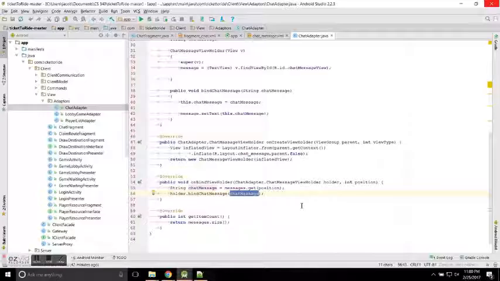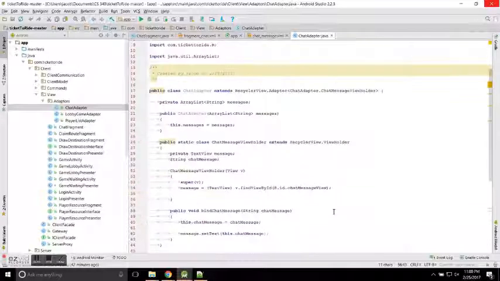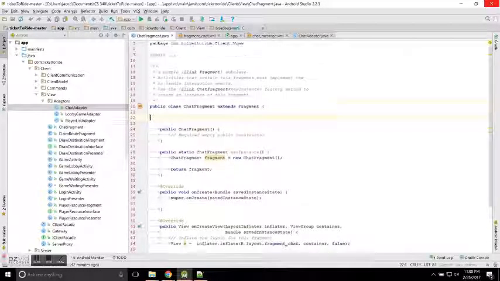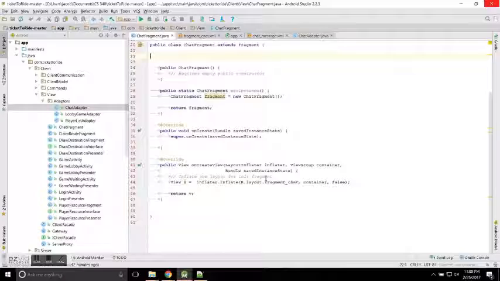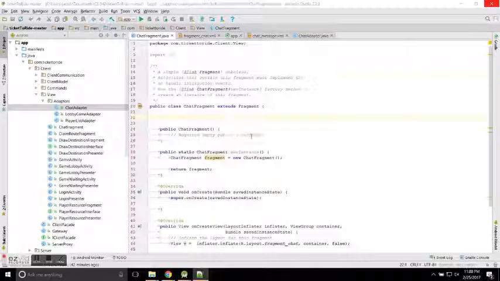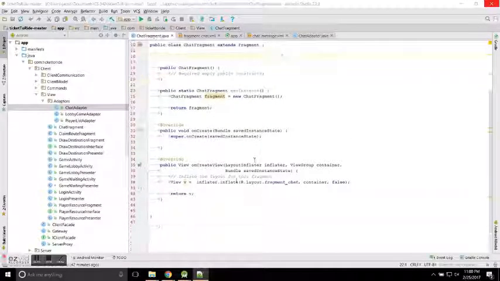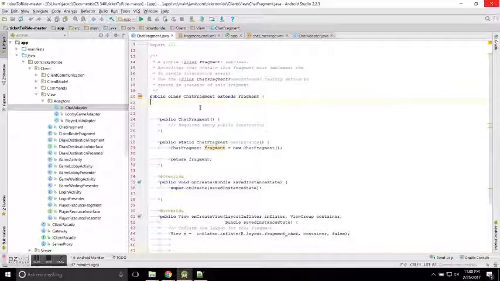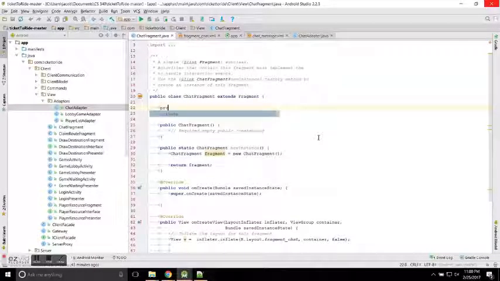So now we have the adapter working, we have the XML all ready to go. The last thing we'll need to do is look into our fragment, or if you're using an activity, inside of the activity, and add just a handful of lines of code in order to tie it all together. So if we look into our onCreateView function call, we're going to come into here, and actually first on the outside we're going to add some private variables. We're going to need a private